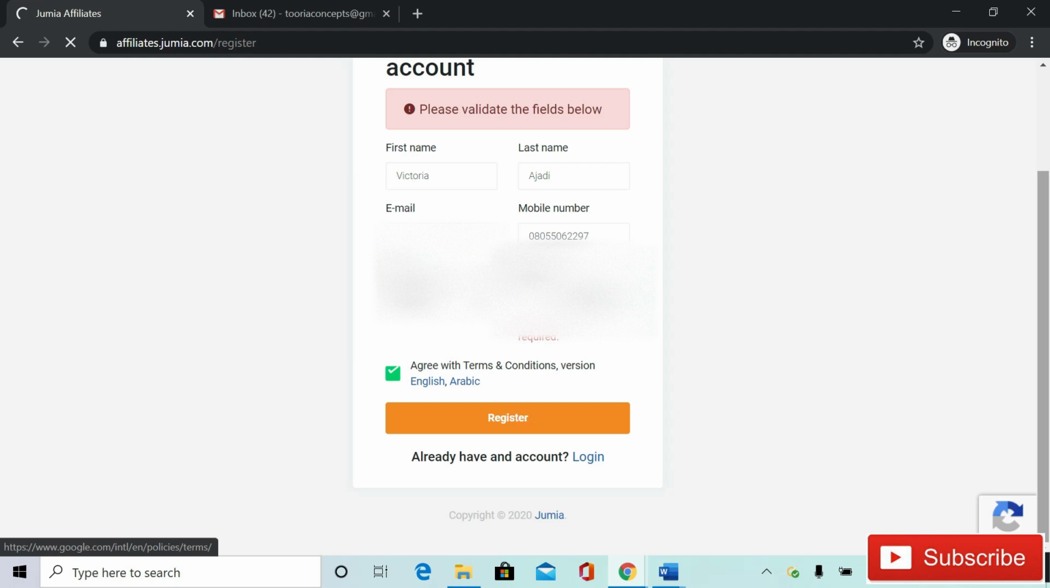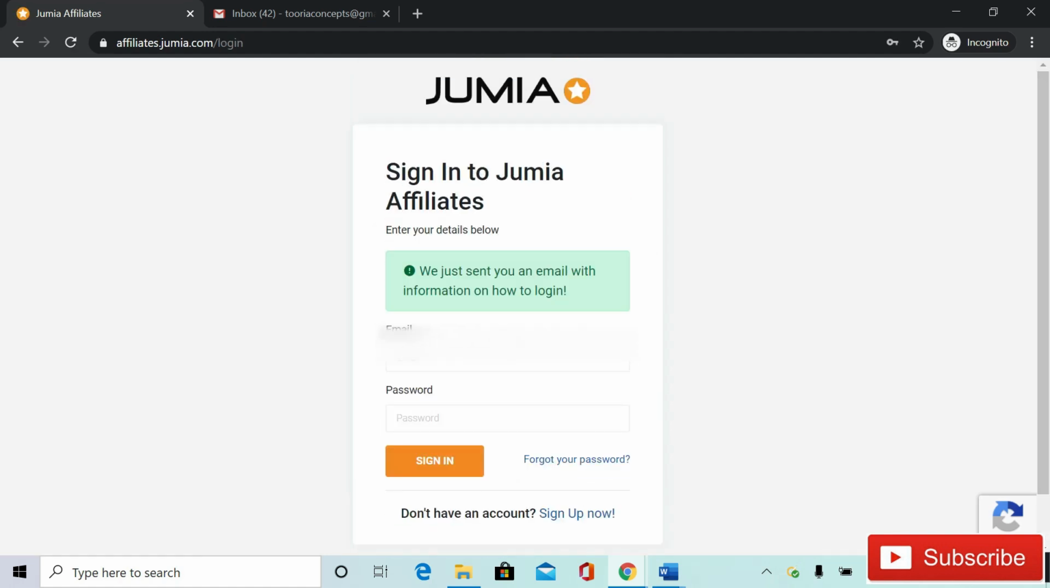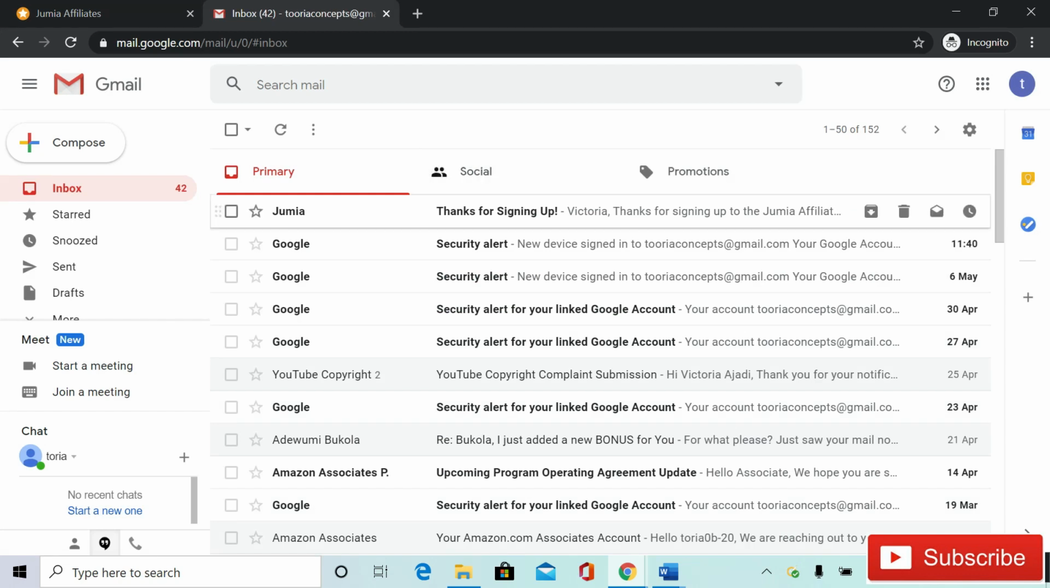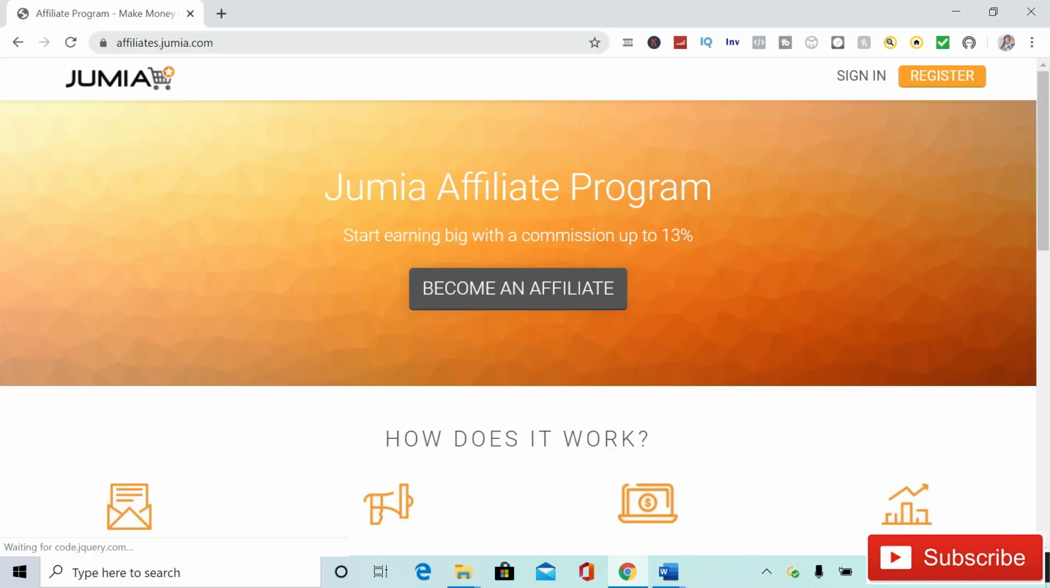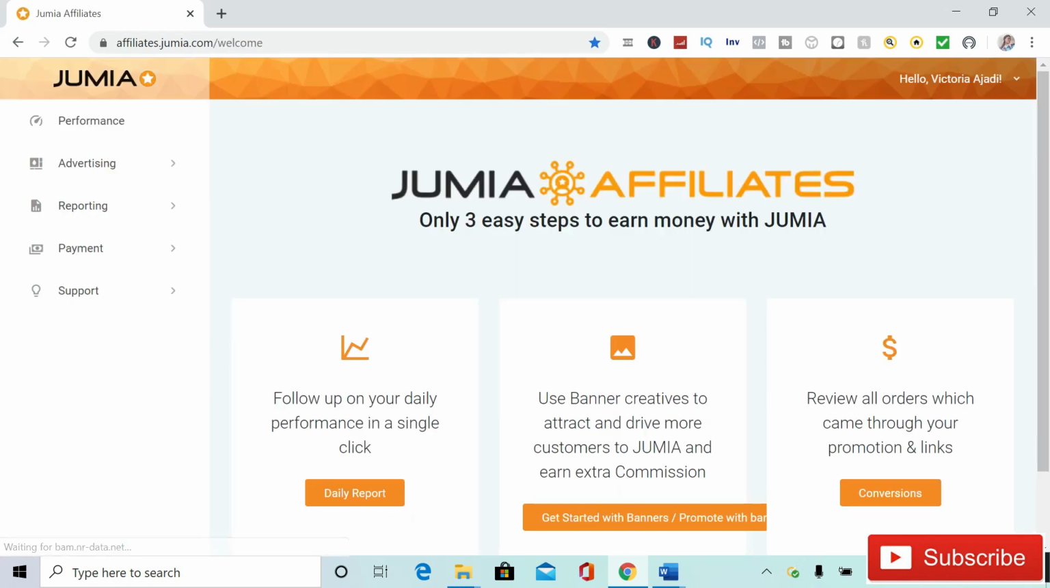Next, click on the register tab and they'll send a mail to you. So you check your mail and you see that they sent a mail thanking you for signing up, and they are going to get back to you between 1 and 3 days. So once they get back to you, you need to sign into your account. And once they've accepted you into the affiliate program, sign into your account